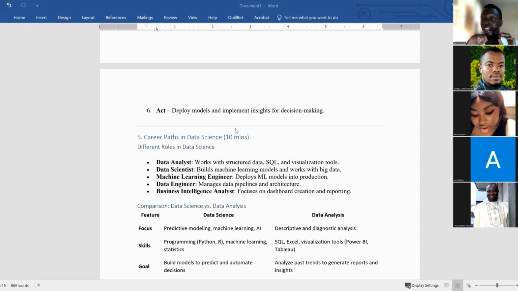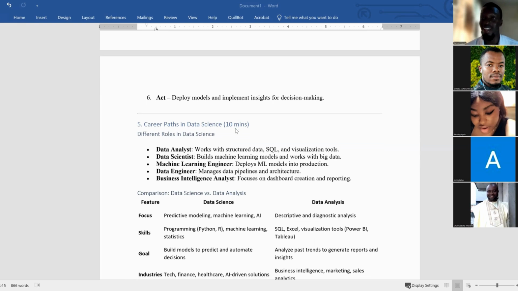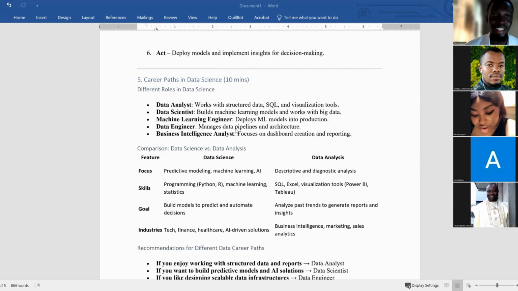So please, guys, I'm going to be talking about the roles in the data industry. So anyone that you feel comfortable about, please note them down and please listen very well. Okay, very important. If you're not cut out for data science or data analysis, all right, please, very important one. Because I don't want to waste anybody's time.